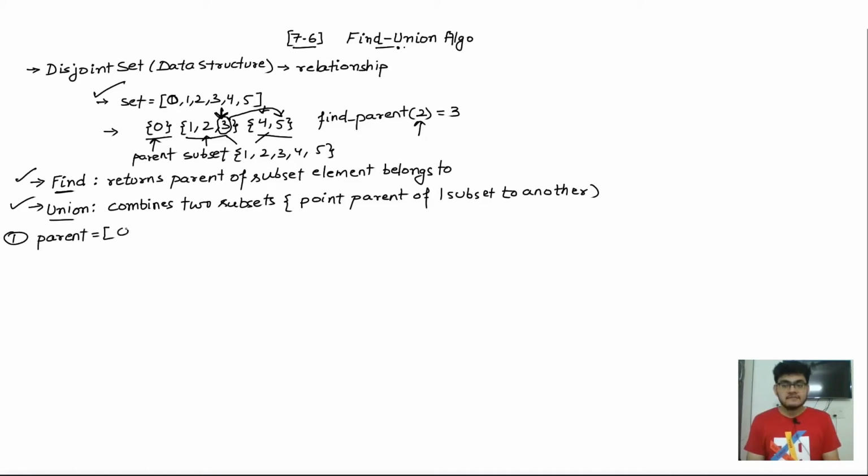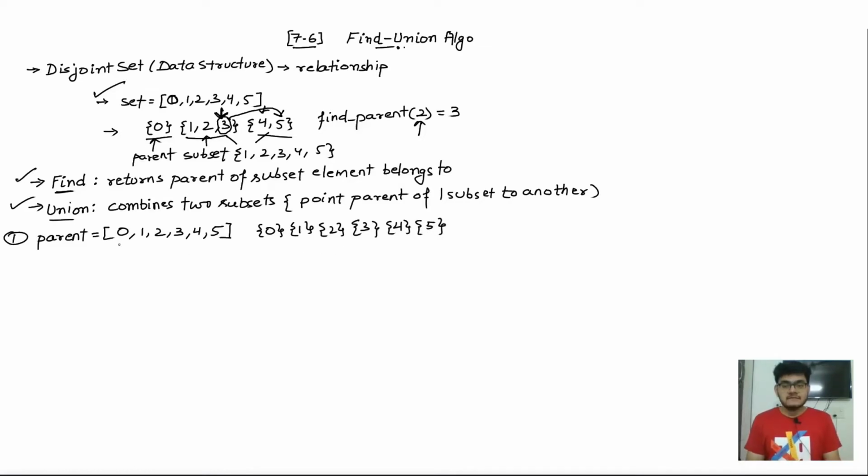Initially this parent set will contain all the items which are originally inside our given set, which means that each and every element is initially a subset of its own, right? So after we do this, we are going to get a logical representation something like this. So we have 1, 2, 3, 4 and 5, and they all are now subsets.